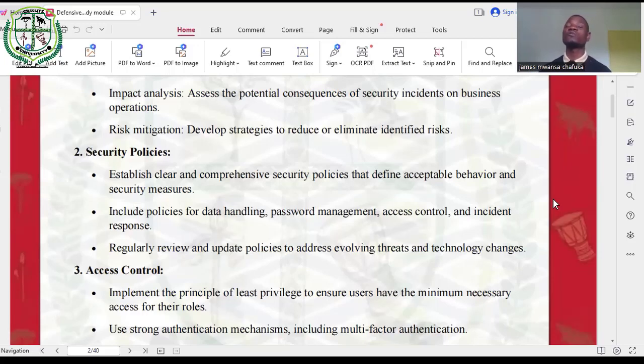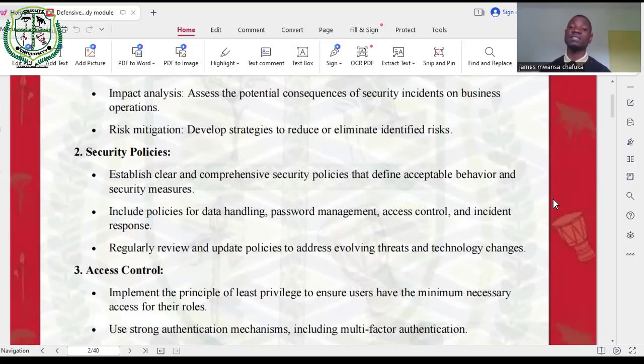So on the security policies, we are saying that it is very important to establish clear and comprehensive security policies that define acceptable behavior and security measures. Very important, you put up even workshops where people are able to learn about the importance of security policies. And then the other point is that under security policies, you may include policies for data handling,